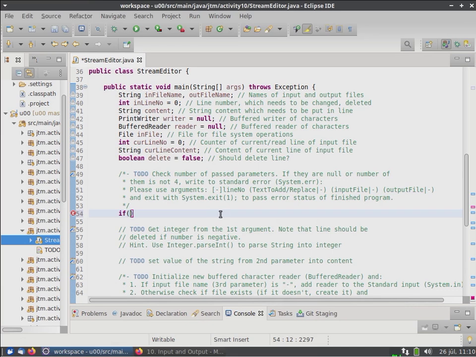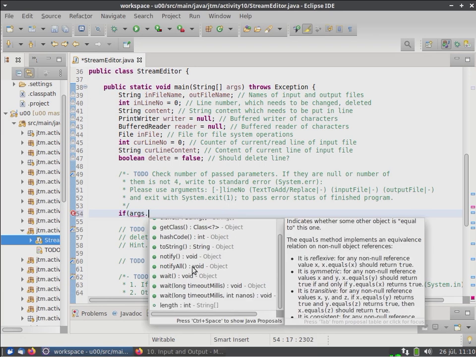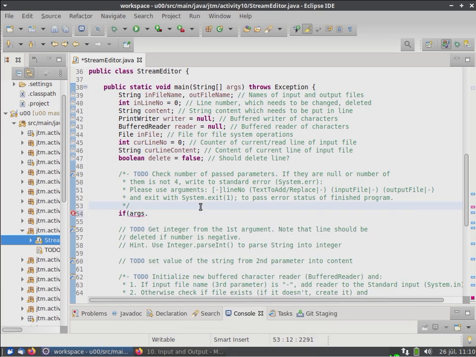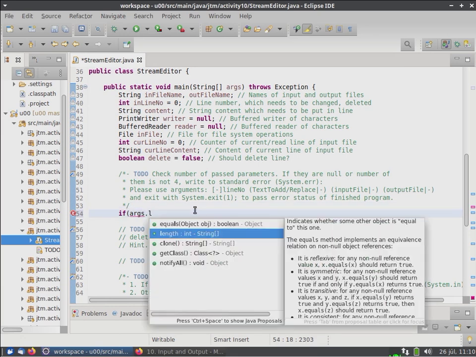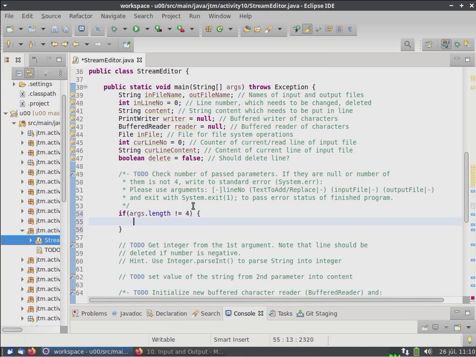But you can misconfigure it. So what I want to get is that for auto-completion, it usually shows these things, not something else. So if args length is not 4, I think, then first we need to print something in standard error output, which is the system error object,